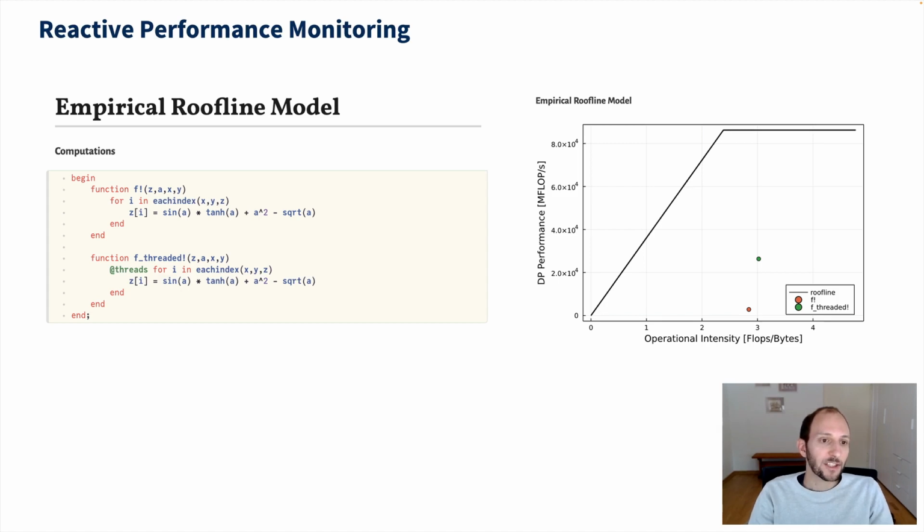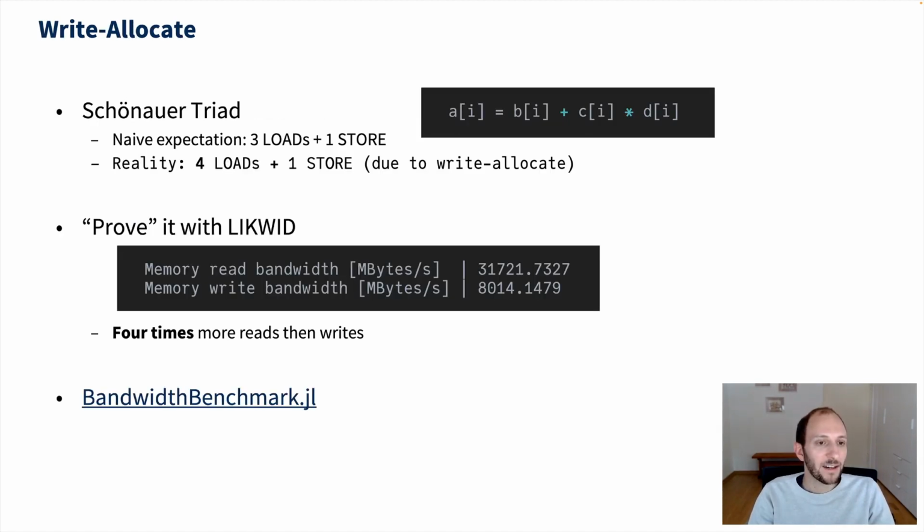All right, that's as much as I wanted to say about the roofline model. Let's come to a third little demonstration of how I used LIKWID in the past, and that is write allocate. So when writing a package called bandwidth benchmark,